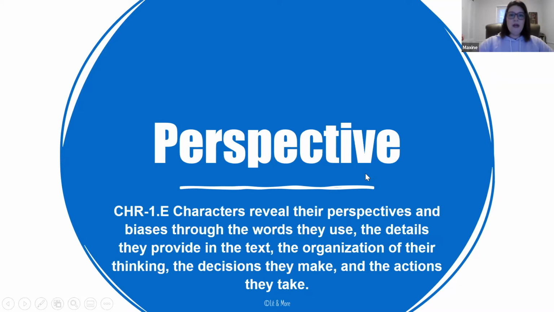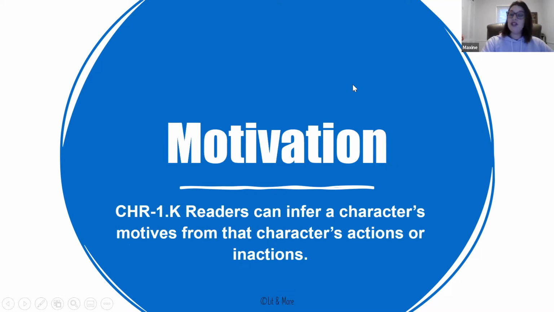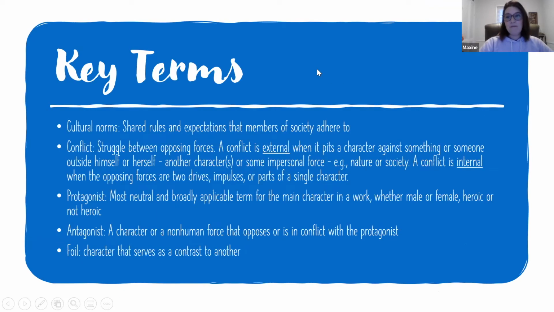Perspective: characters reveal their perspectives and their biases through the words they use, the details they provide in the text, the organization of their thinking, and the decisions they make and the actions they take. And then motivation: readers can infer a character's motives from that character's actions or inactions. So some key terms that might be helpful as we're thinking about characterization